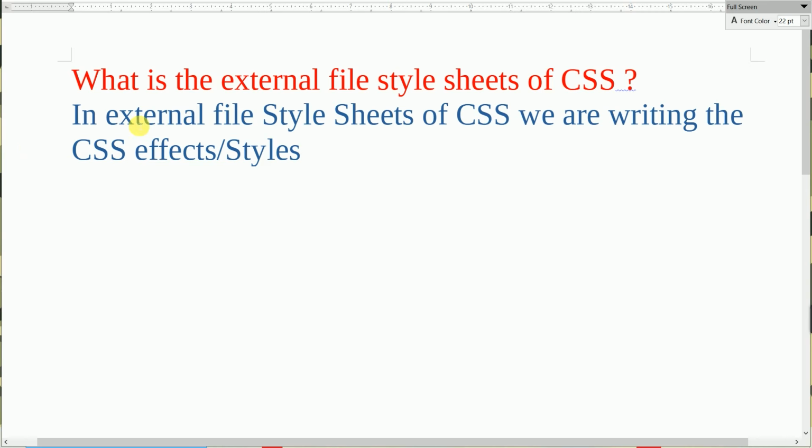In external file style sheets of CSS, we are writing the CSS effects or CSS styles, we can say effects or styles, in a